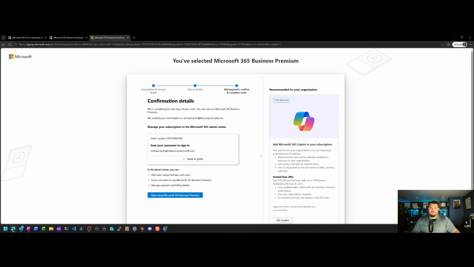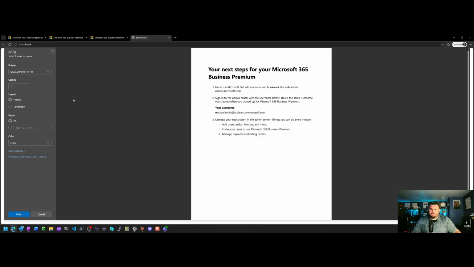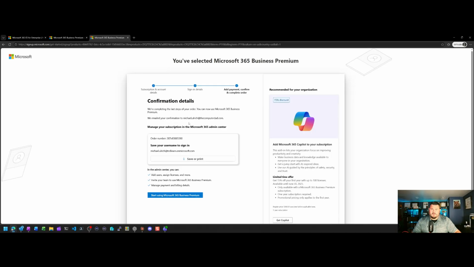Now we're doing stuff. So, oh, I lied. We're not completely into the tenant yet. So we can start using the business premium license, and then it has all the order information. So I'm just going to go ahead and quick save that. Well, I don't think I need to save that. That's not really any more information than what I would normally get. So no big deal. We'll just hit start. And it should bring me into